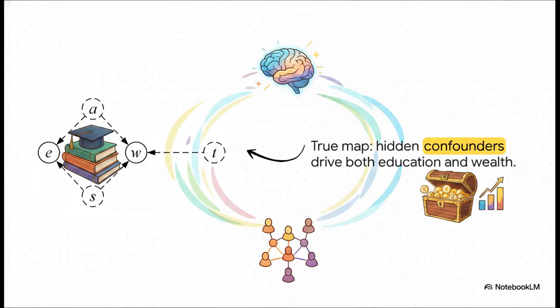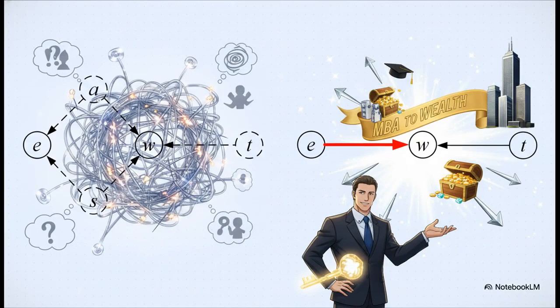Now, what's really interesting here is how the true, messy reality actually works. Imagine that your education and wealth are really just correlated through hidden variables. Let's say, in reality, the MBA degree itself doesn't increase your earnings by a single dime. Instead, underlying factors like your innate ability or killer social skills act as hidden common causes. These underlying traits push you to get an MBA, and those exact same traits cause you to earn more money. So, in this true reality, education and wealth are definitely connected, but there is no direct arrow pointing from one to the other. And right here, this brilliantly illustrates the spin.